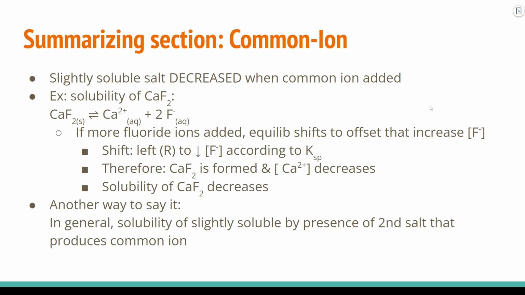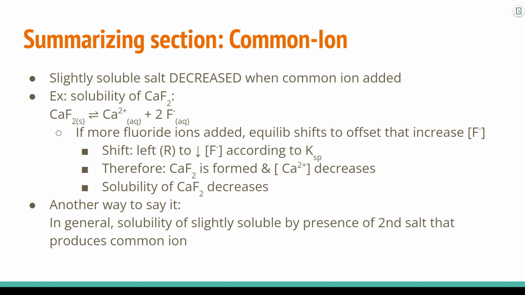Okay. So to summarize this section, common ion effect. Your salt is decreased in solubility when you add a common ion, because you have that extra ion, so you need to compensate for that. And so just a quick example with calcium fluoride, right? If I add more fluoride ions somehow, the equilibrium needs to shift in order to offset that increase. So if I added F minus with a different salt, like sodium fluoride, I guess would be an example, then that